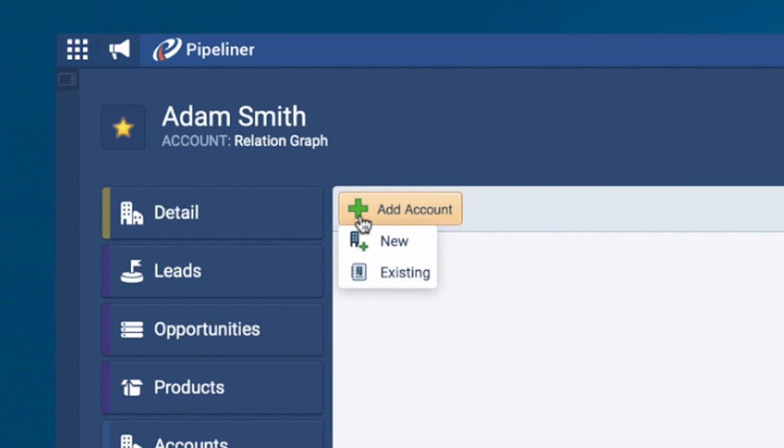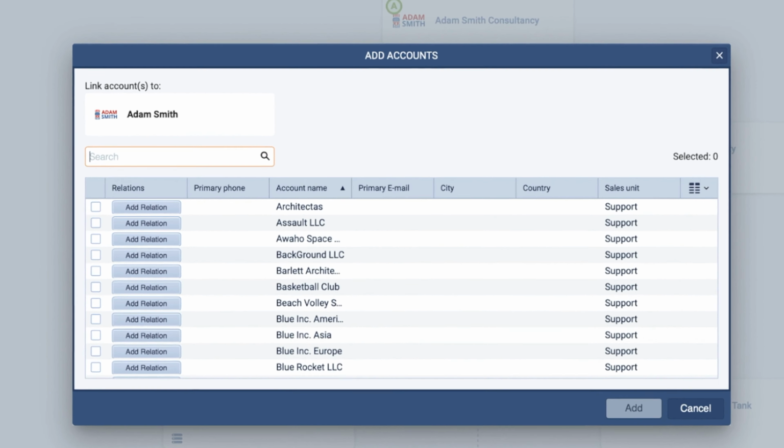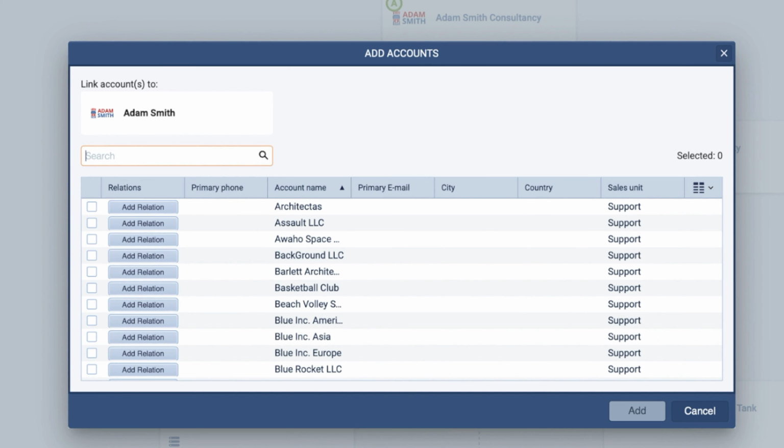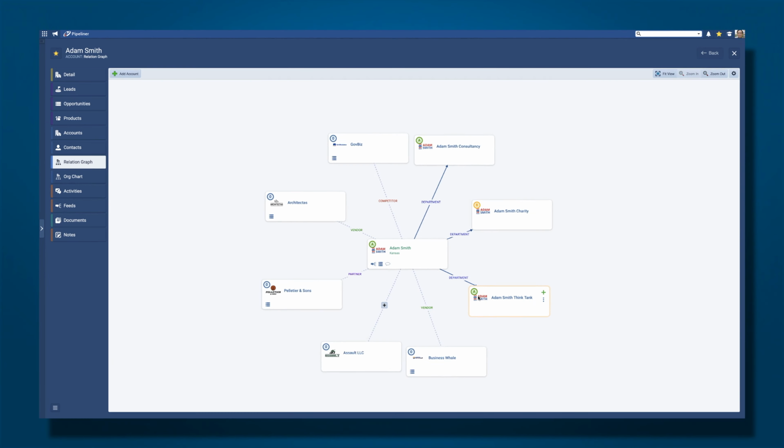Selecting New will allow you to create a new account record and link it to the graph using one of your relationships. Selecting Existing brings you up a list of existing account records, and you can select both the account and the relationship. As you add an account into the relation graph for the company you're working on, the relationships that account has with other accounts are now visible,